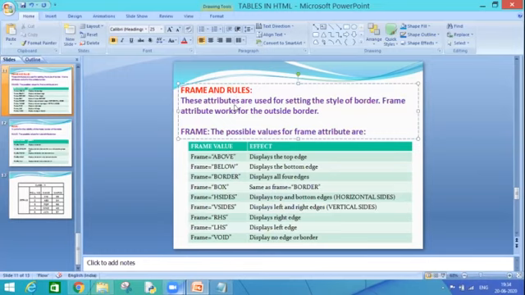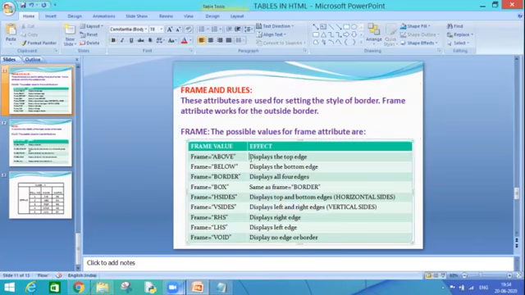I can say that the borders are many, right, of many types. I can assign the border only to the top. I can assign the border to my table only for the bottom, to the left or to the right. Multiple border options and multiple border choices are there. Similarly, in HTML also, I can apply the same.